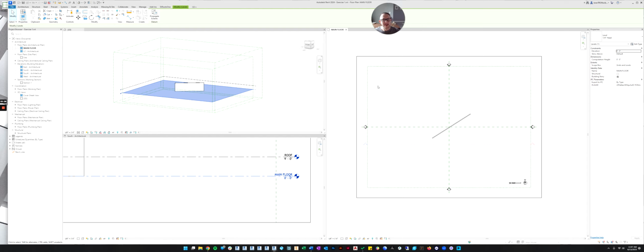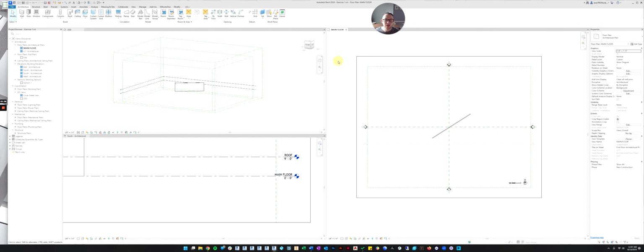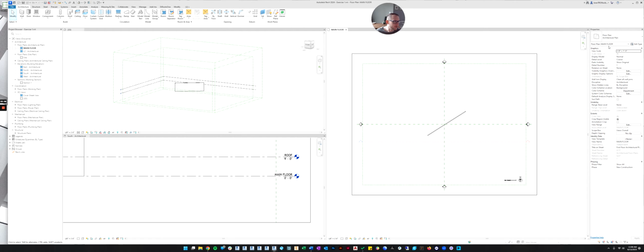So when the view was created, it was created based on this level line. You can also tell what level a view was created from by looking at the view's properties. So if I click over here on my main floor, and look over in the properties panel, we haven't talked a lot about the properties panel, but it displays information on whatever you have selected.